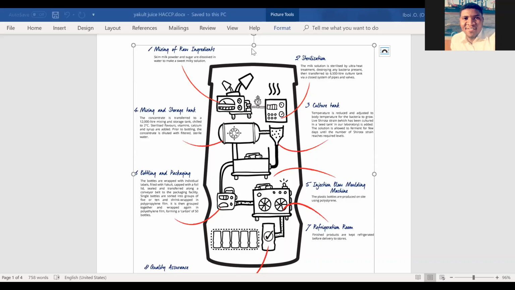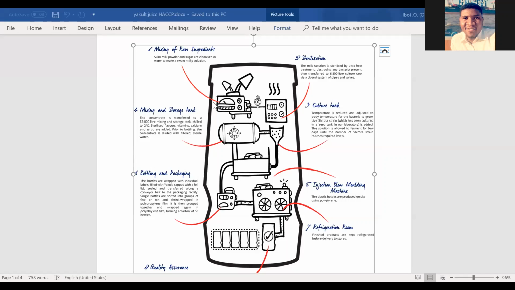From bottle blowing, it goes to bottle bottling and packaging, then refrigerating. So I think the only difference here with Chidima's own and mine is that after mixing, I put another stage, because I don't like using my mixing tank as also my storage tank. So I did a mixing tank and a storage tank before I moved to injection